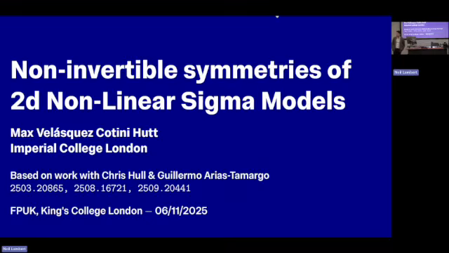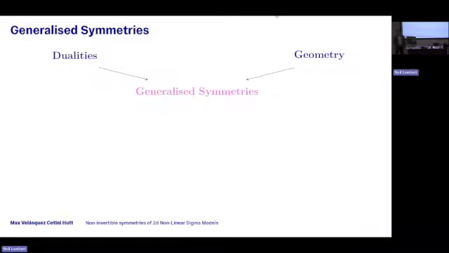Okay, good morning, everybody. Thank you very much to the organisers, first of all, for the chance to speak to you all this morning. So I'm going to talk about some work that's appeared over the past year or so with fantastic collaborators, Chris Hull and Guillermo Arias de Margo, both of whom are here, and both of whom are also at Imperial. So this is a story that involves some old ingredients and some new. The old ones are knowledge of dualities, in particular T-dualities in nonlinear sigma models in 2D, and combining those with some novel ingredients about generalized symmetries. And I think there's also a nice geometric perspective to take on some of these results, so I'll try and emphasize those as we go through.